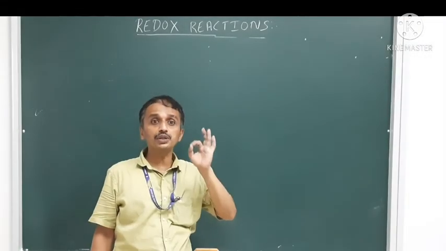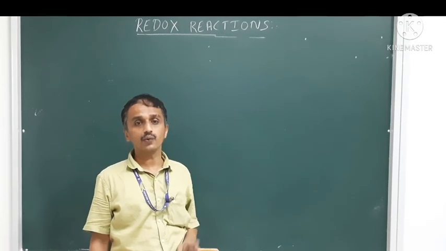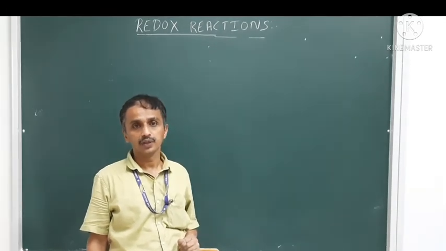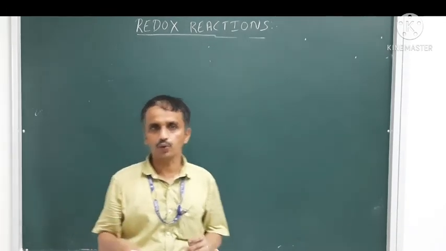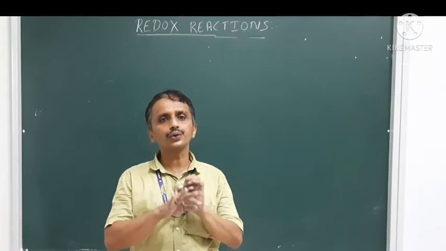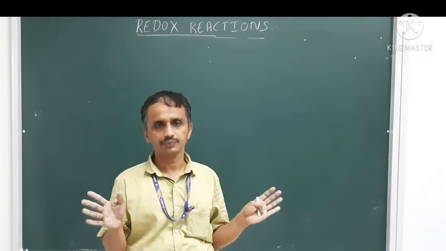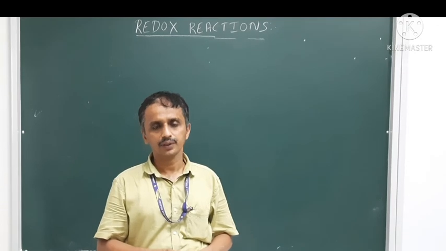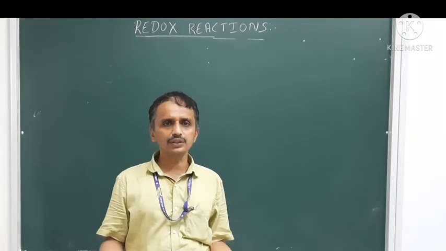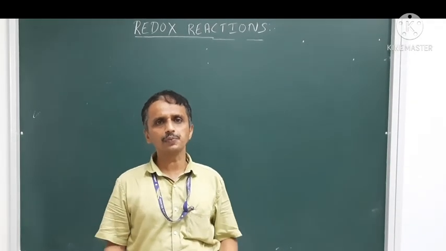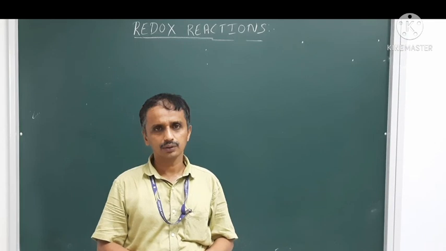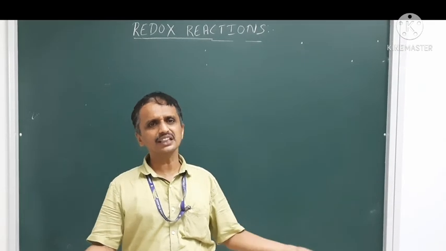Now, if the salt bridge is removed from that Daniell cell, what can happen? If the salt bridge is removed from the Daniell cell, the circuit is incomplete, EMF drops to zero, it stops working. Because the circuit is incomplete, no current will be produced. So EMF will be zero at that time.